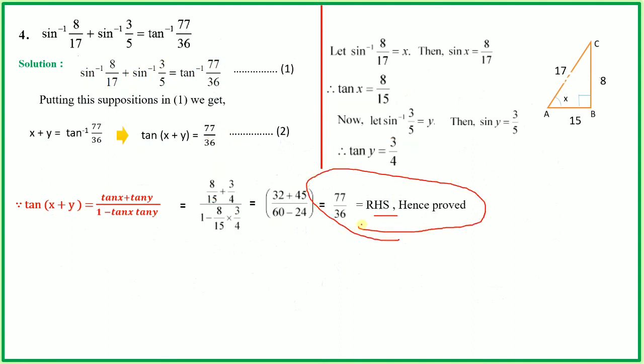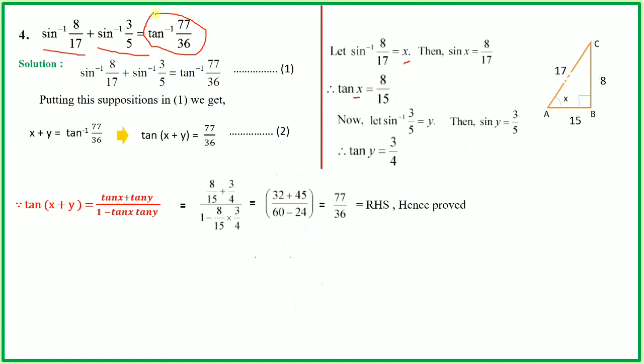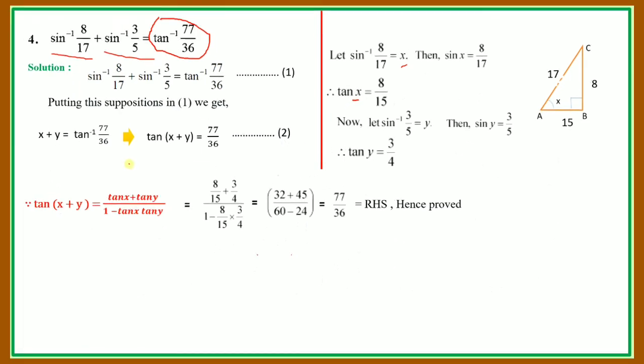So you need to concentrate on this format where, as I told you, 2 or more terms are given. You need to give supposition with some other variables, and then target the right hand side or the left hand side, the single term, whichever it is. Those inverse trigonometric functions need to be converted into that single function, whether it is tan inverse or cot inverse or cos inverse or sine inverse, that we will see in the following questions. So you will be more clear in the next few questions.